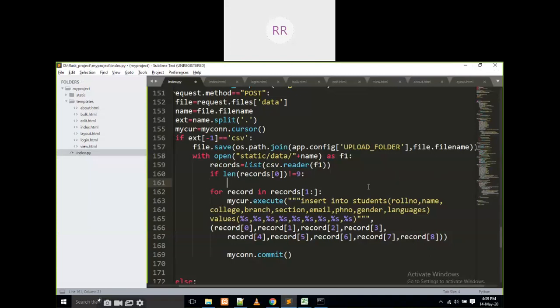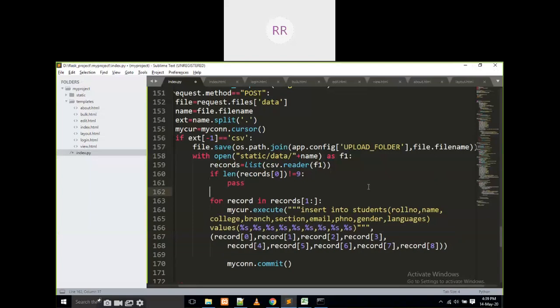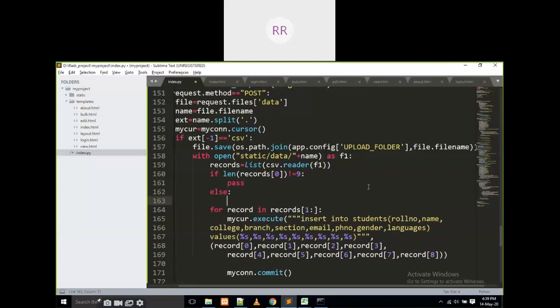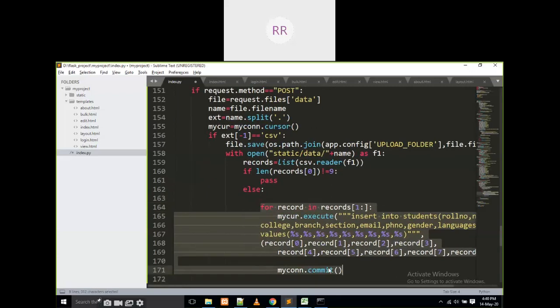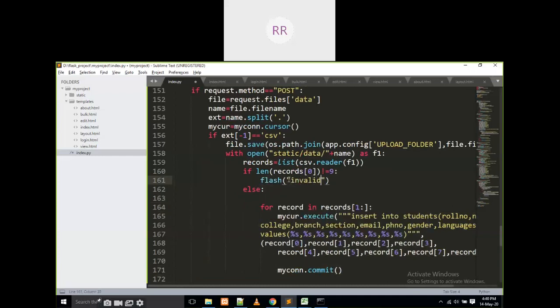I am going to flash something else. If it is not equal, then we have to give some flash message: flash of invalid CSV file.